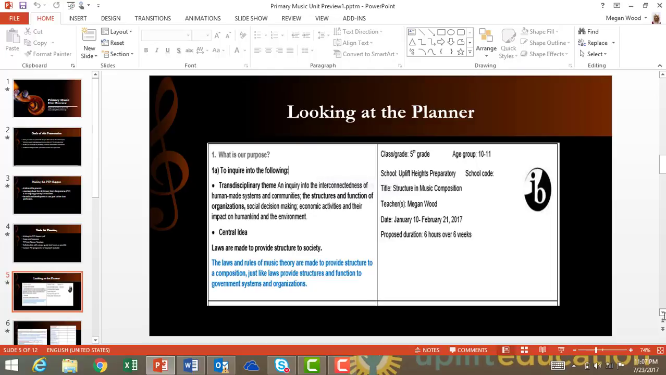So now we're going to take a look over on the next box over. The next box over basically is your information box. So that's your grade, your age group, your school code if you like, the title, teacher, date, and proposed duration. Now the proposed duration will vary from school to school. It just depends on how many times you actually see your scholar and your school setup. Moving on,